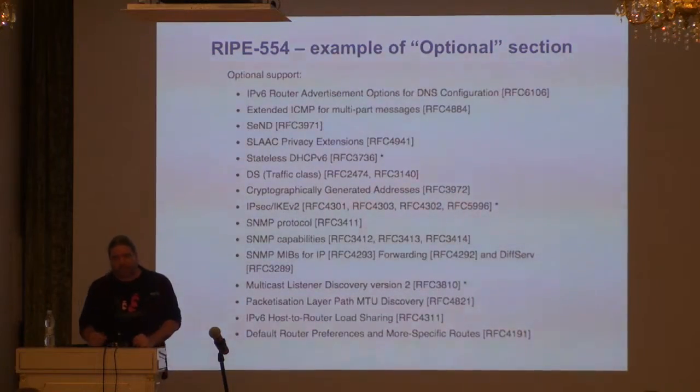This is the example of an optional section, and these are the goodies. And what we recommend in the document is that you say to the vendor, or to the people who are selling you the equipment, the more optional requirements they satisfy, the more points they get at the procurement evaluation process at the end. So this is the incentive for the vendors to implement more and more optional goodies in IPv6, and they have been following this recommendation quite tightly in these years.